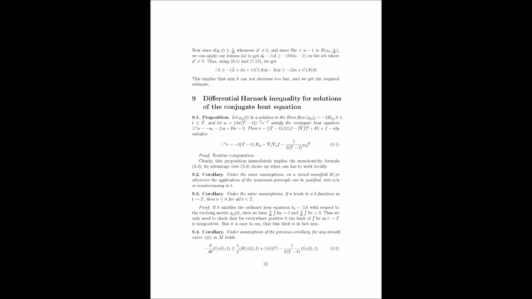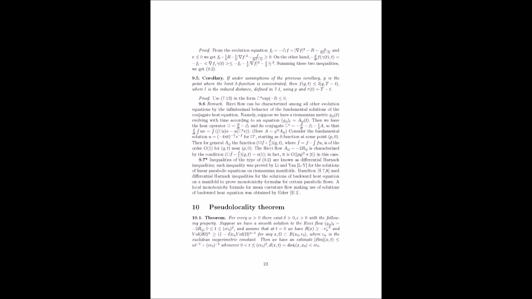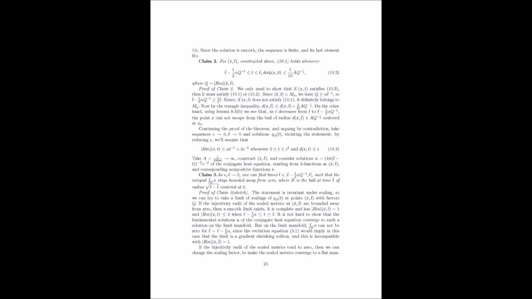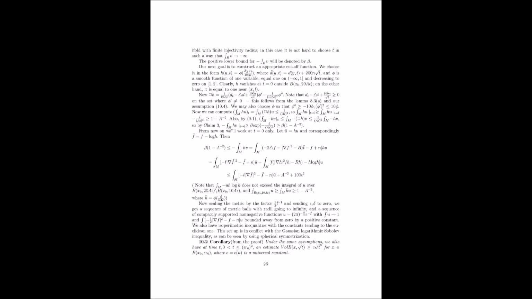distinct from the entropy formula we discussed earlier, but equally profound. So we have yet another quantity that's always increasing or staying the same as the Ricci flow evolves. What does this new formula tell us about the universe? This new formula involves a quantity called the reduced volume, which in a sense measures volumes in our universe from the perspective of this larger Ricci flat space. It's like having a bird's eye view of the flow, seeing how it shapes the universe at different scales and over vast stretches of time.